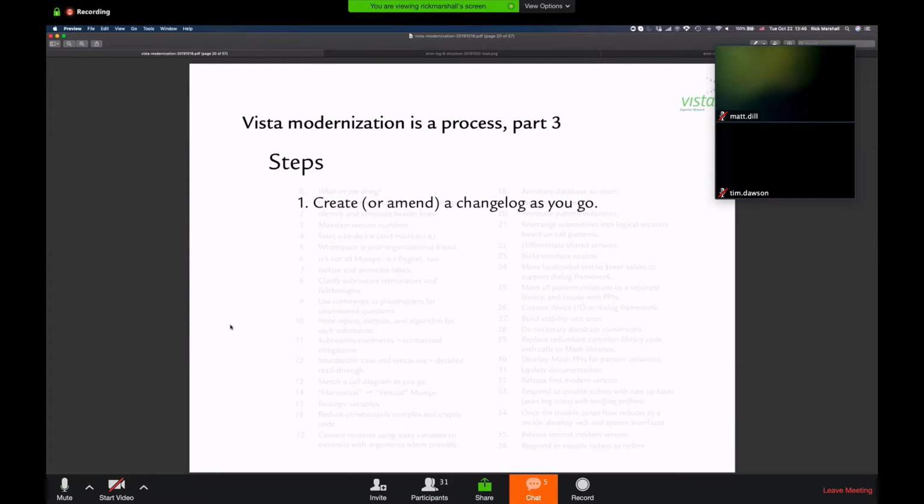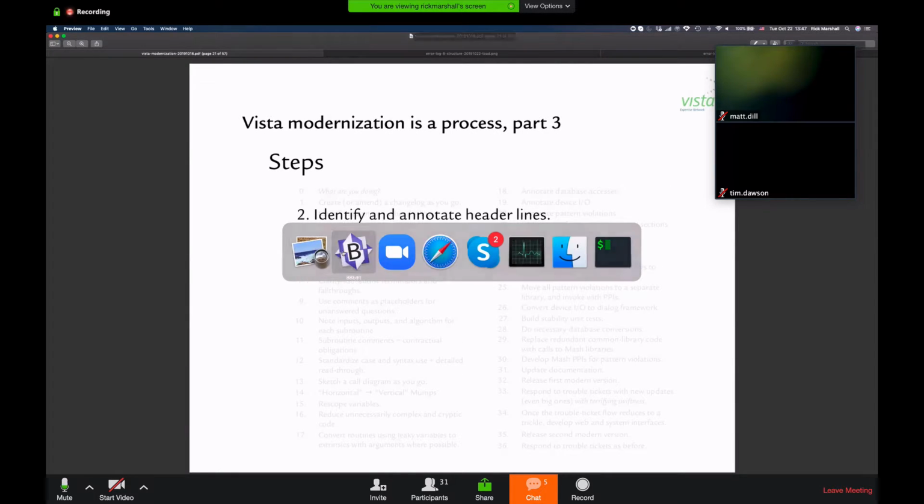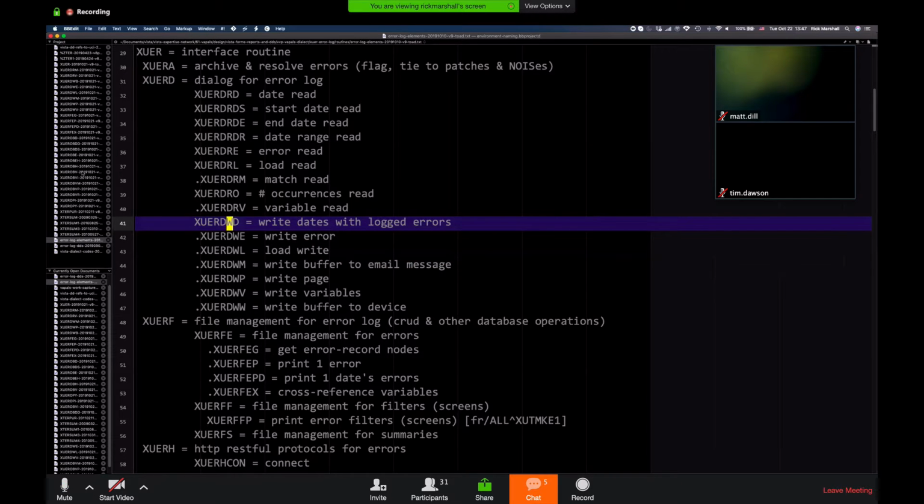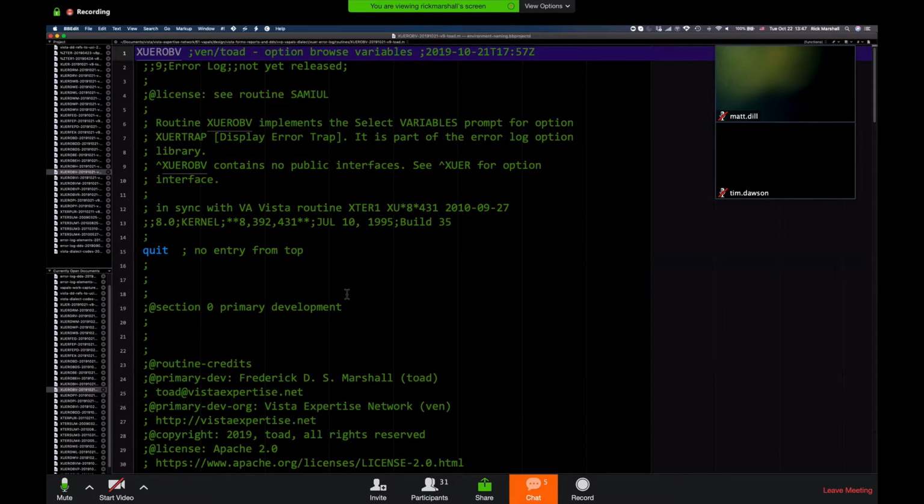Yes, it helps you to work as a team too. I mean, if a team does this, you can handle bigger projects than just something like the error log, which is a one-man job. So then at the tops of your routines, you need to have header information about who's